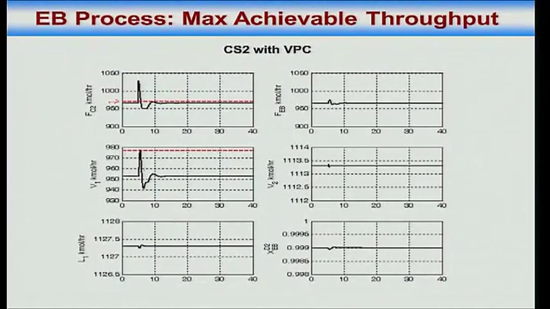Because there is a transient in the boil up in column 1. That transient can never exceed 977 or whatever is the limit on that, whatever is the red limit. So I am operating at about 20-25 kilomoles lower boil up in the first column. That corresponds to a 5 kilomole per hour loss in throughput. So now the process is stable, but instead of getting 970, I get 965.